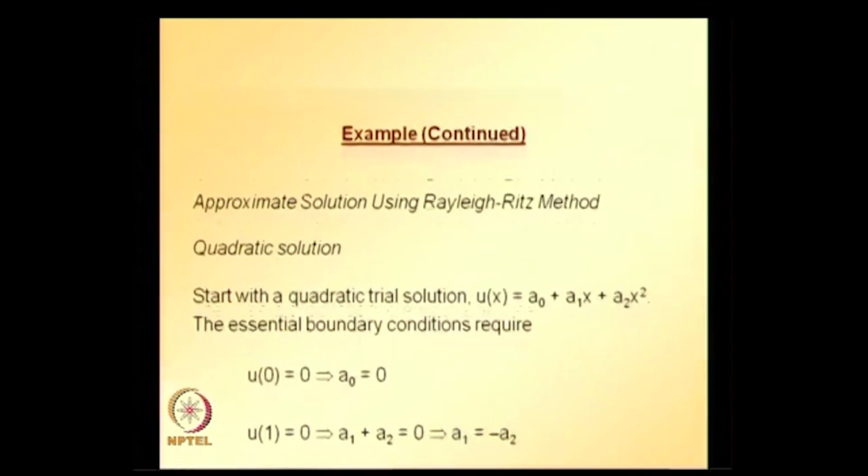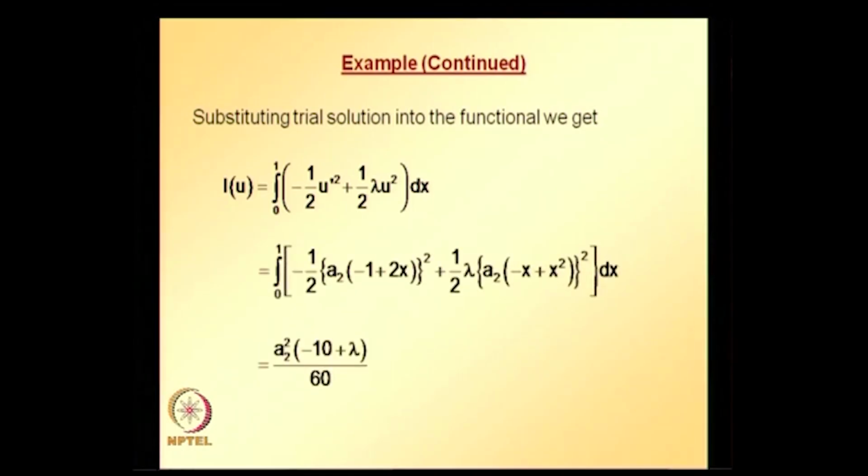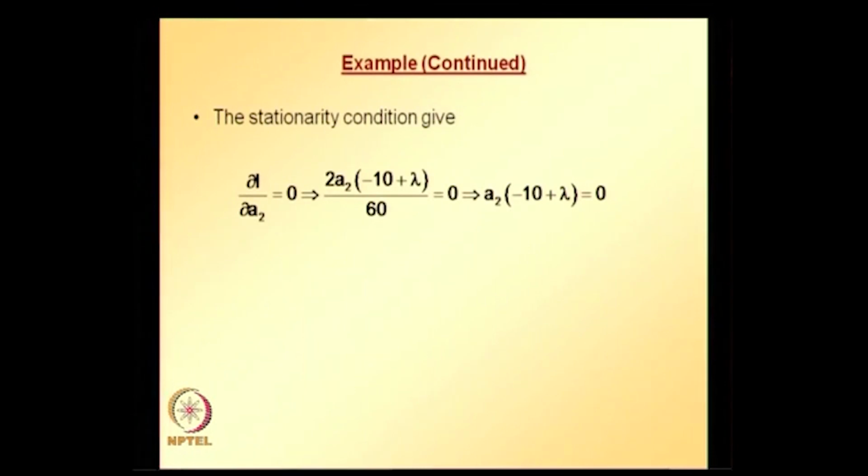Okay. So, now you take this admissible trial solution and substitute it into the functional. The functional becomes a function of only one unknown coefficient, a2, and the stationarity condition is the partial derivative of I with respect to a2 is equal to 0, that results in one equation, one unknown. And if you see this equation, a2 times minus 10 plus lambda is equal to 0,